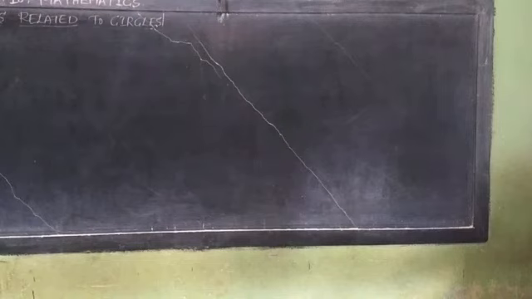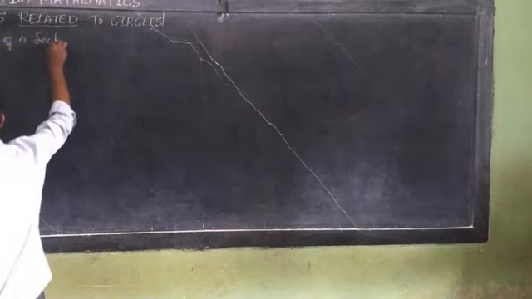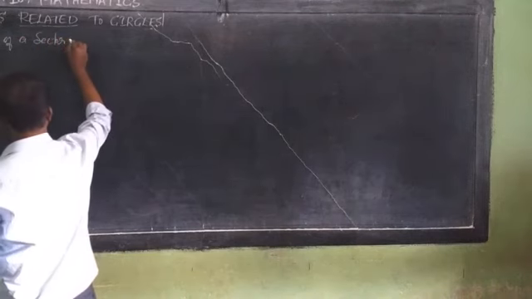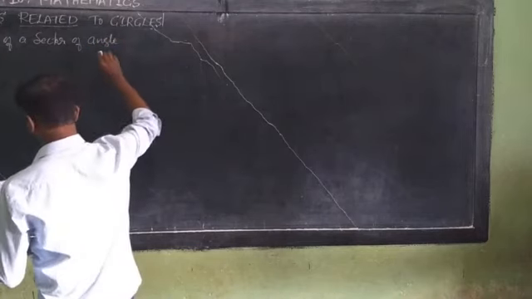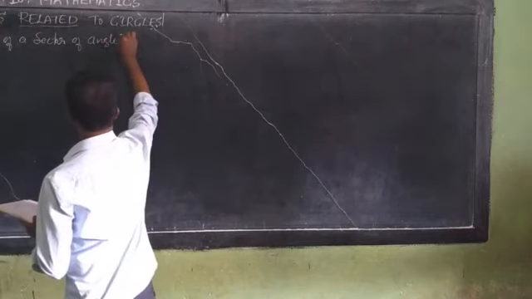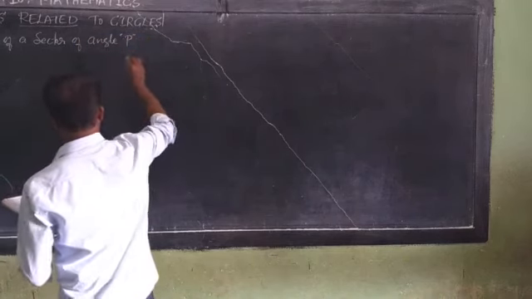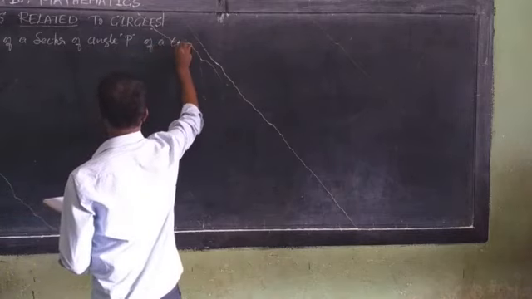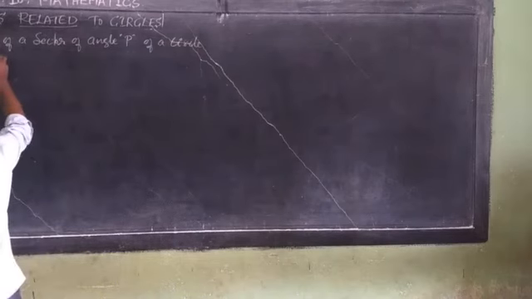Here in the exercise they have given the correct answer. Area of the sector of angle P of a circle with radius R is...